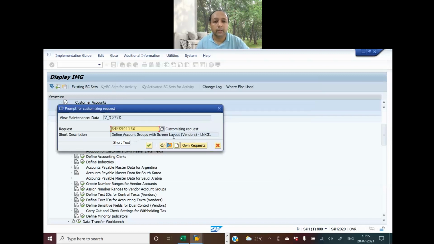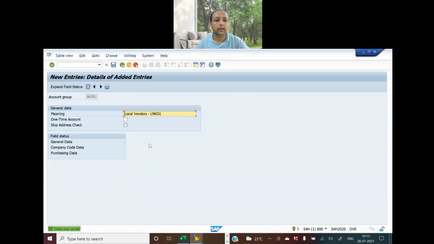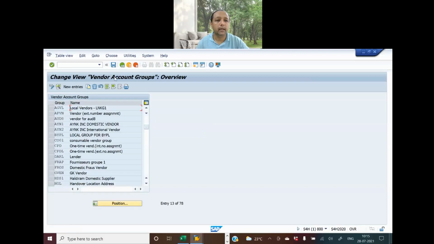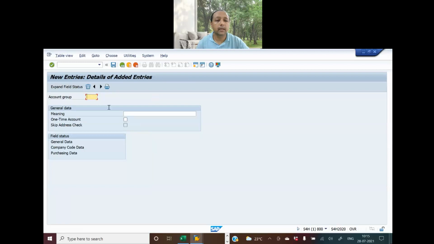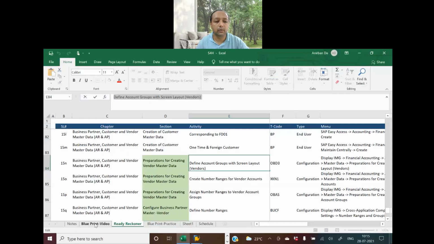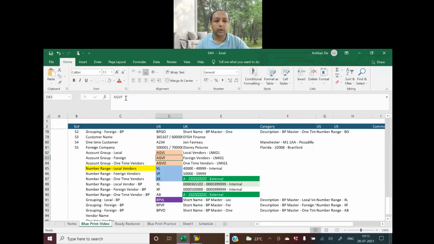Define account groups with screen layout vendors. Okay, click enter. So we have done for the local vendor. Similarly, we will go out and again create a new entry, and this time we will do for the foreign vendor,